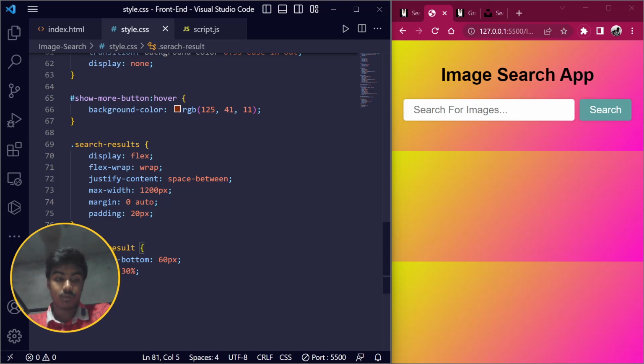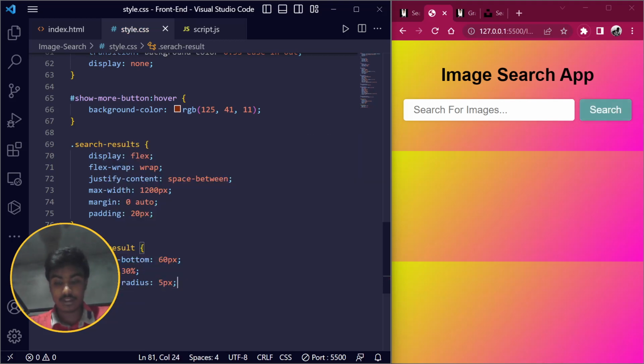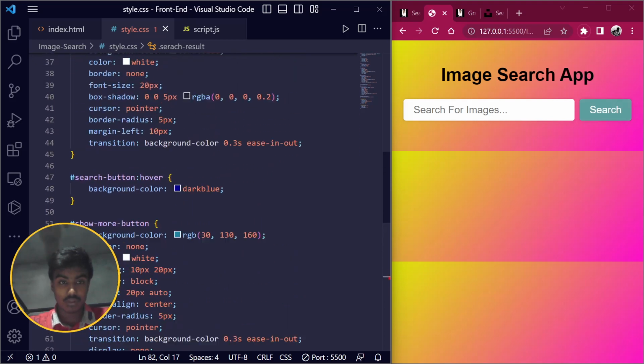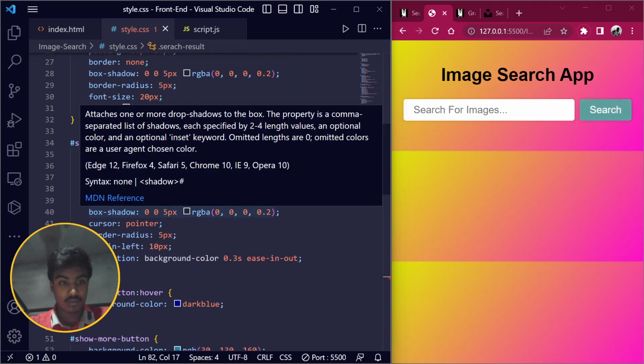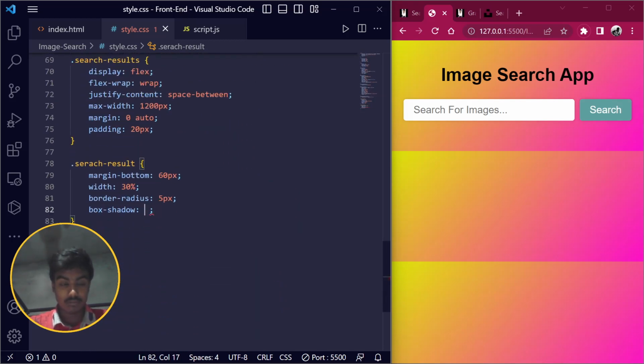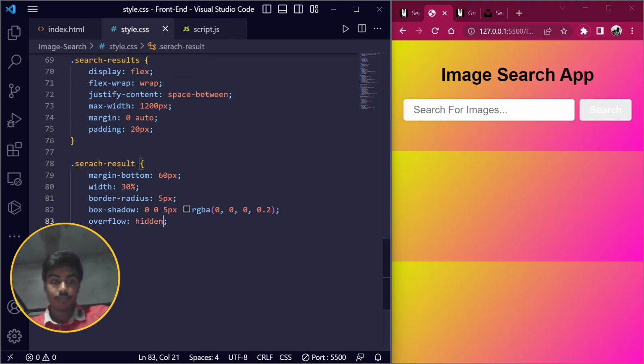so now what we can do, I want to give a border radius, let's suppose 5 pixel, and a box shadow. Okay, for the box shadow I want the same value as here, so I will simply copy this and paste it here. Okay, now we don't need any overflow, so overflow should be hidden. Okay,